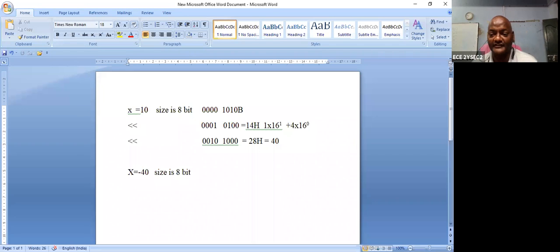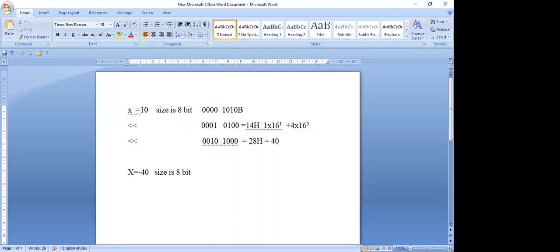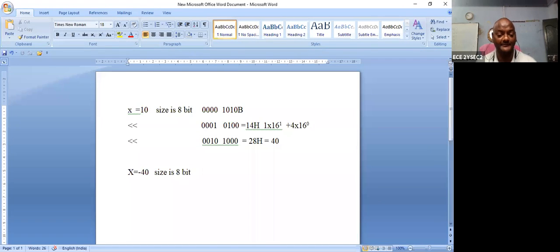Okay, 40 is within the range or outside the range? Please say that. Hello? Please respond, dear students. Within the range, sir. Within the range. So what is the range of the 7-bit? 128. Plus 128 to minus 128. Am I right? So what is this value? Minus 40. So within the range. Okay. Right. That's the first way.